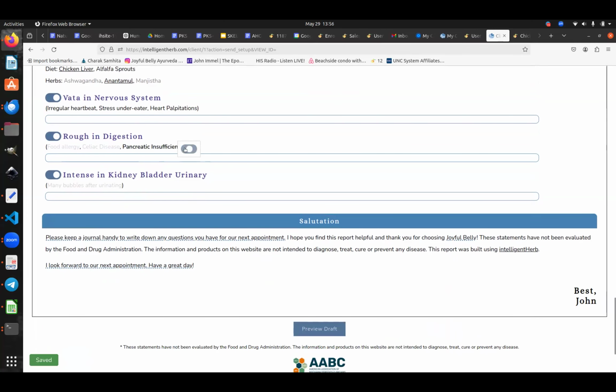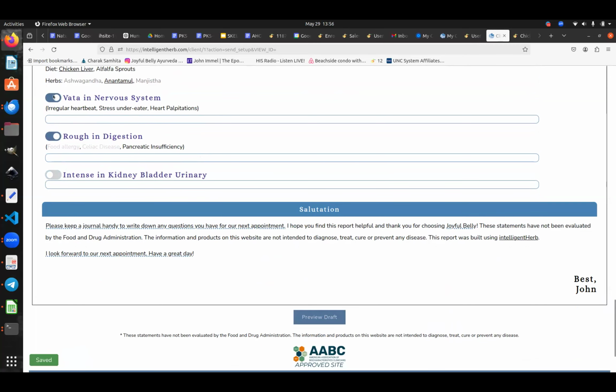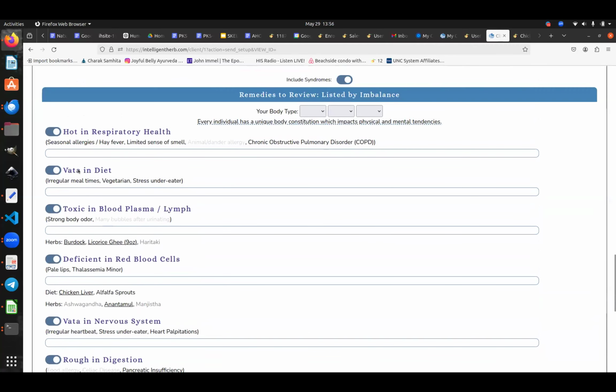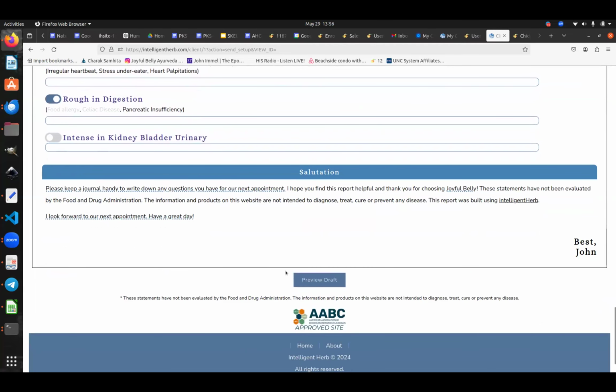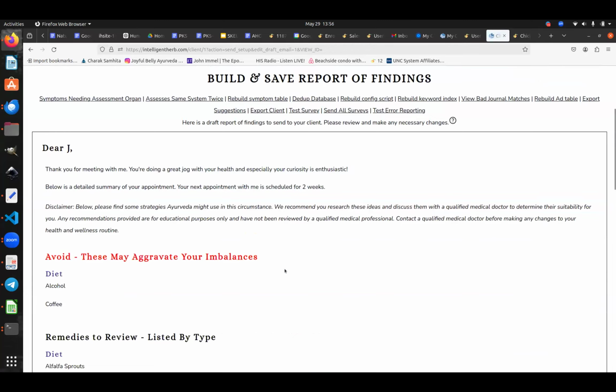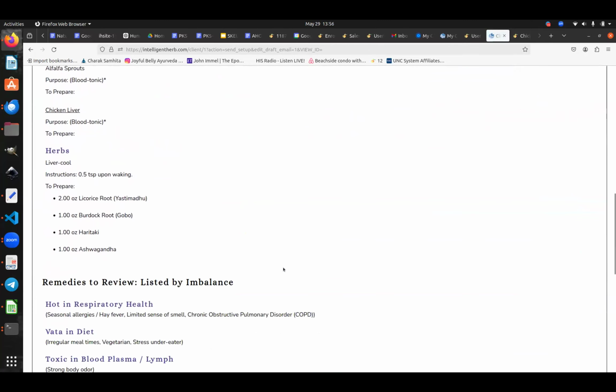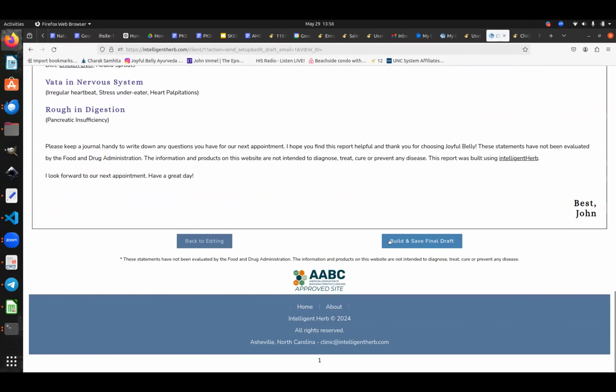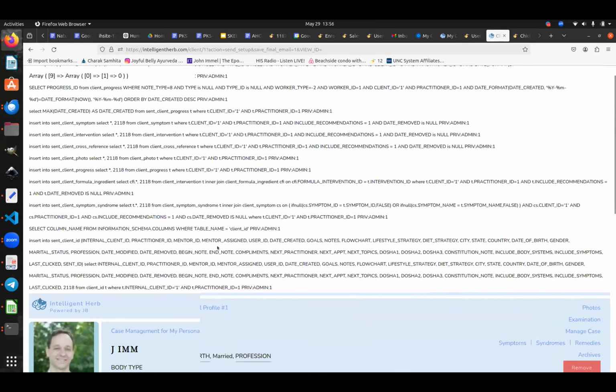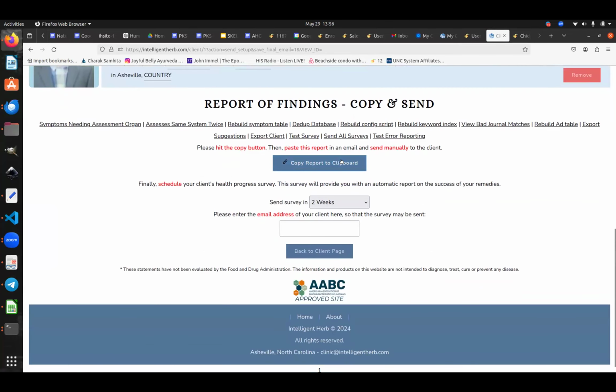Roughened digestion, we're turning that on. And that's it. We can turn some of these other ones off. Good. Now you preview your draft. You see it's built a nice draft for you. And then you click Build and Save Final Report. Now you have a report that you can copy and send to your client over email, and all pretty fast,